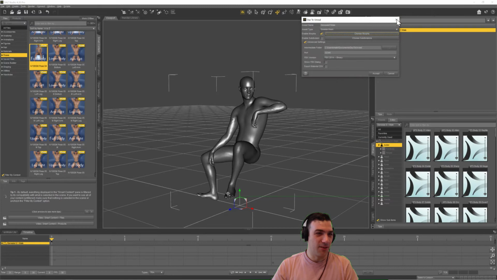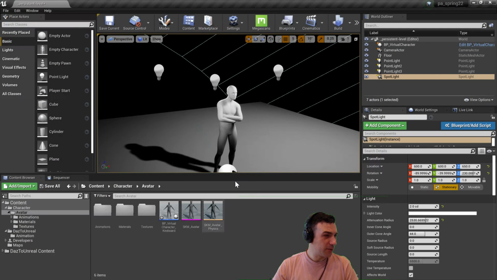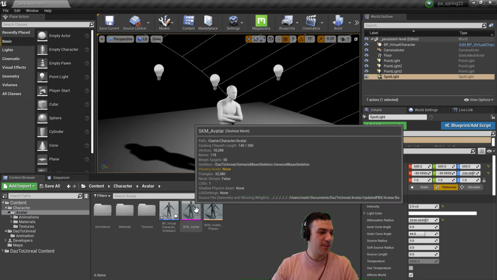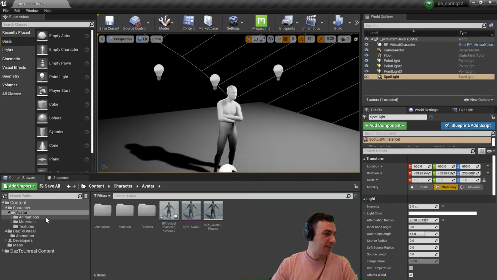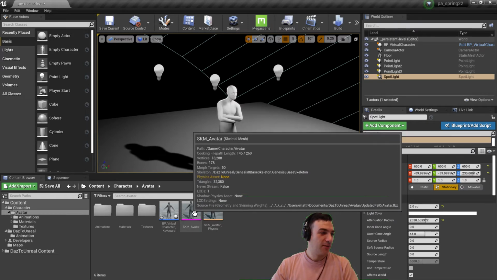Again, I'm not going to walk through it. I just like showing you the process of how I did this. And if I come back to Unreal Engine, let's go straight to my skeletal mesh. I'm in this avatar folder, and this is the skeletal mesh file. If I double click on that,